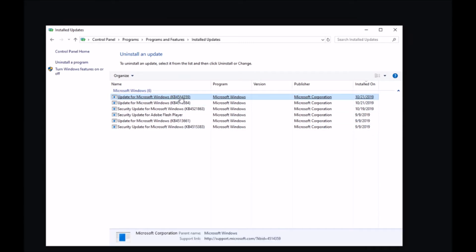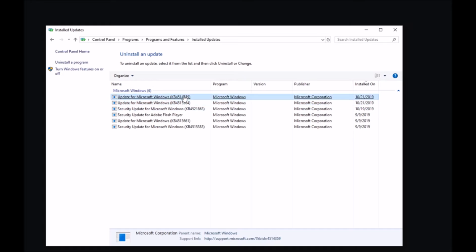Now you may notice that I am clicking on these and there's no uninstall button, and normally the button will show up here. That's because I did uninstall one update, but most of them you cannot roll back. It's just that Microsoft decided that some updates are not uninstallable. Some will be, but not all of them.